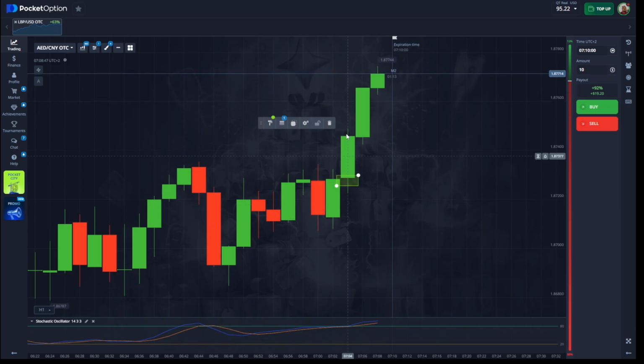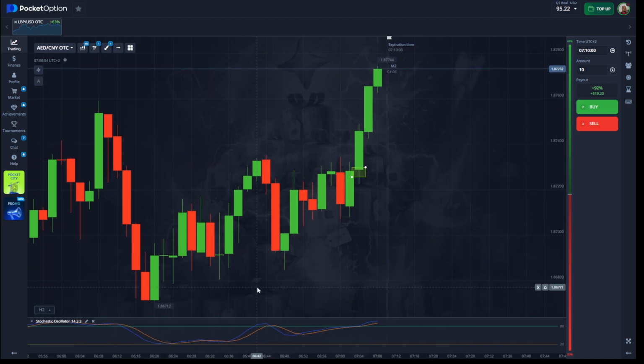So, for example, if you look at this candle, the next candle will always be bullish